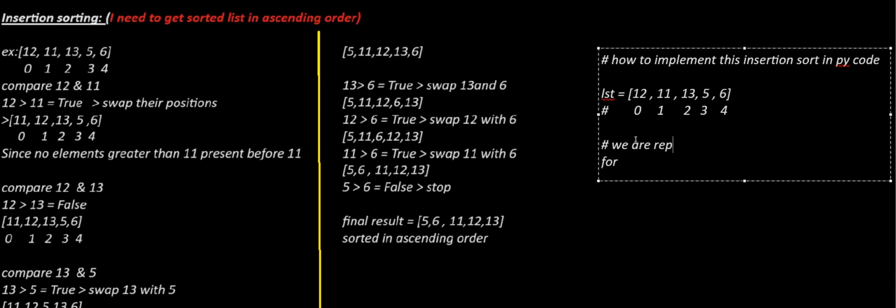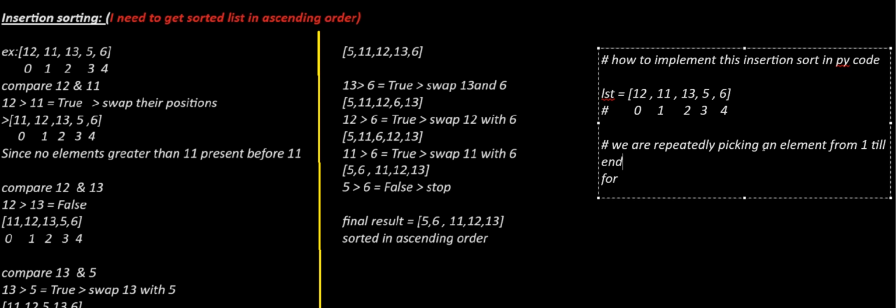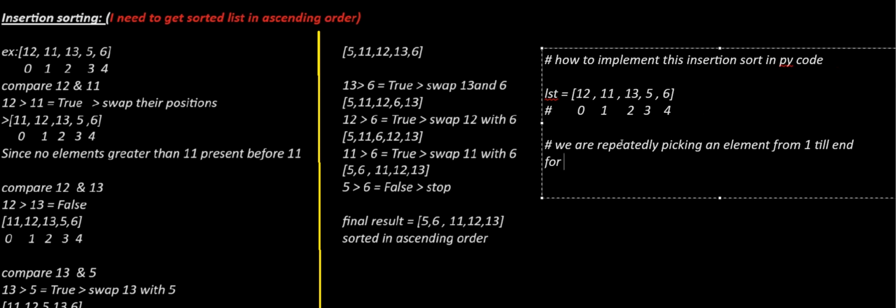We are repeatedly picking an element from 1 till 4. Or you can say 1 till end. In a generalized way, we can say it is end. So from 1 till end, we're just picking the element. Since we are doing repeated picking, we need to use a for loop. So for index, a variable which stores the index values,